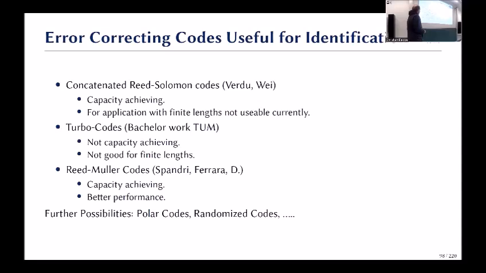How to realize this? First, Reed-Solomon codes. The do and they did this construction here. They show that it's capacity achieving, but somehow we used it then with the student, and we want to find out, can we use this code? It's a very nice result of Ahlswede and Dueck, but